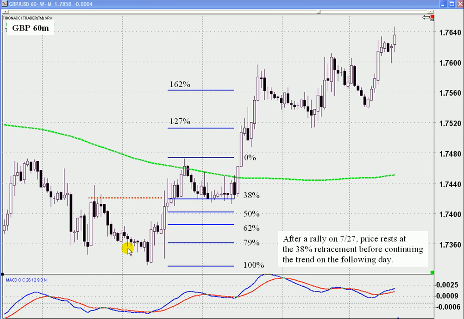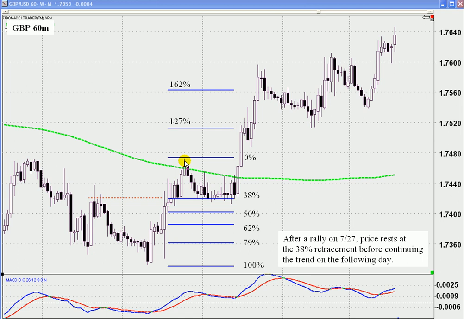Looking now at the British pound, we see price failing to hold below the previous day's low, a retest of price. In fact, we just saw this yesterday. I traded such a scenario just yesterday. And price rallies. This is when you see this kind of spike down as a confirmation that price is unwilling to hold below the previous day's low. This can effectively turn out to be a key reversal day, and we can often see price, of course, move up. But typically in this scenario, it is the second leg up